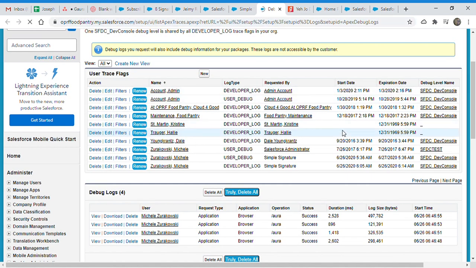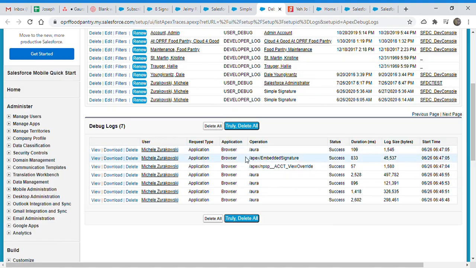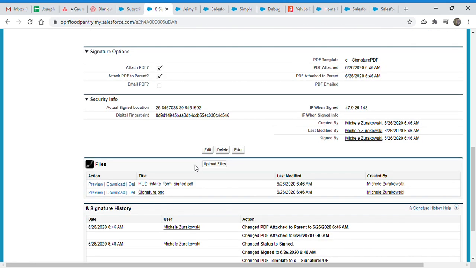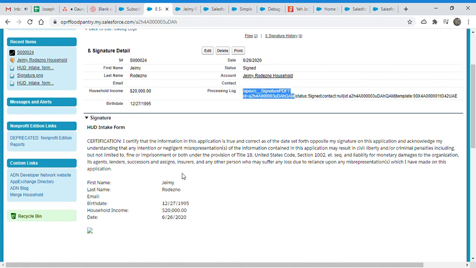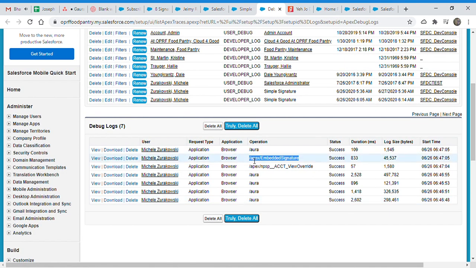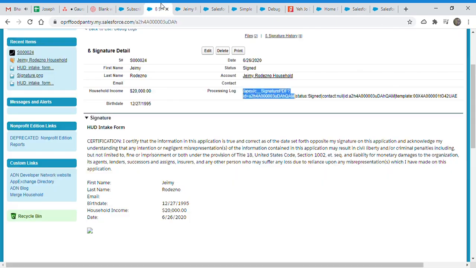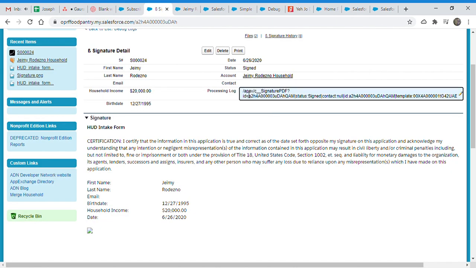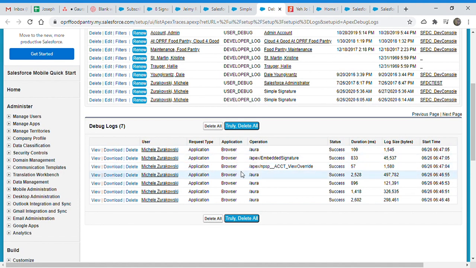One thing I notice is that this embedded screen is coming from this page, which is right here embedded, but in the same way it should have another debug for this page, like ApexSignature, something like this should be there. Because our class tried to call that page for the PDF, but there is no debug for that.